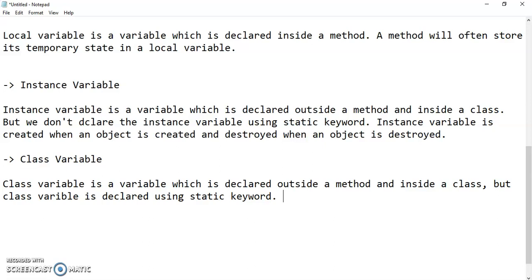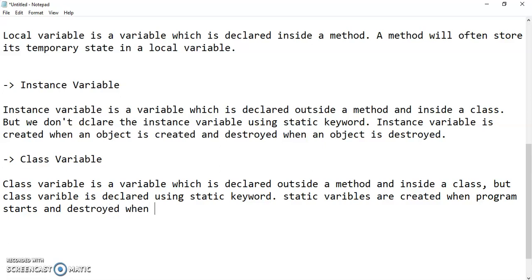Okay, so static variables are created when the program starts and destroyed when the program ends.